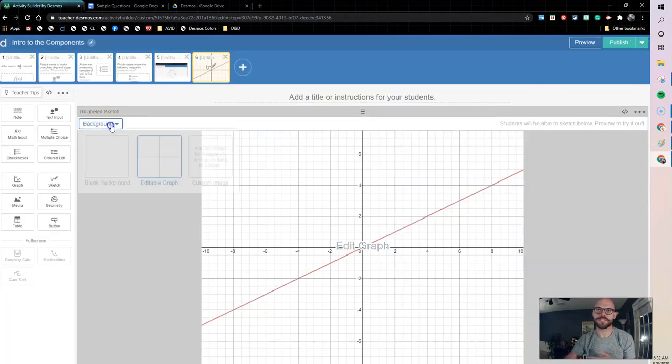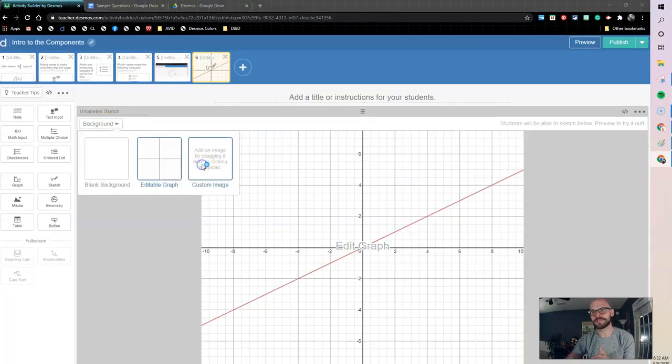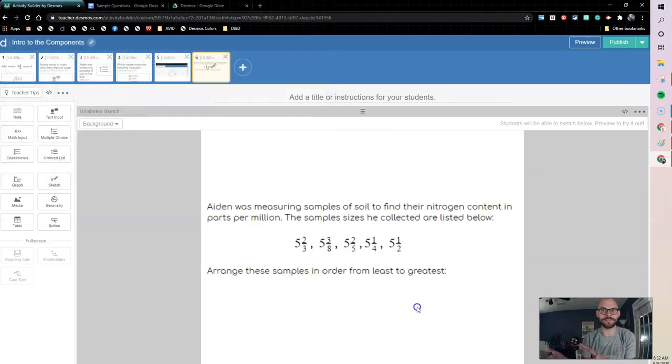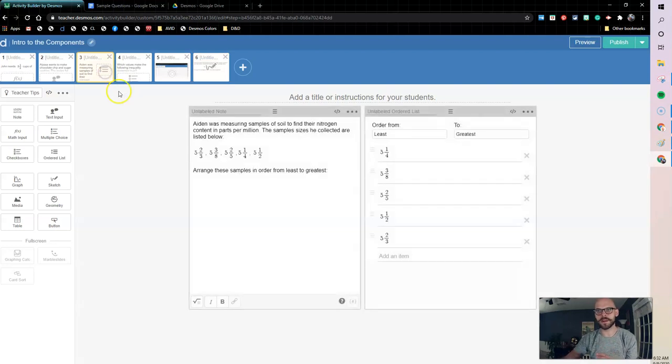The third option is to do a custom image. So I can click this and I can bring in images of questions that I've copied from another document or from another activity, and now this is something that students can start to work with. So this is something that I may want to use my ordered list component. Well, I did this in a previous video and we have this question already here,